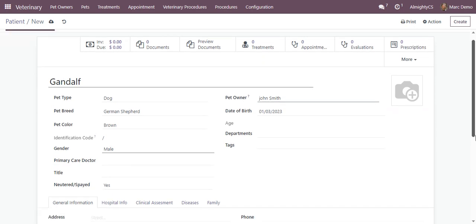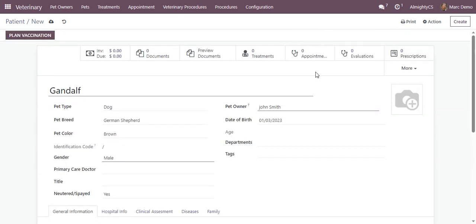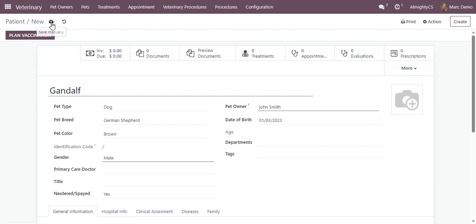Now again, down below you can see all the tabs related to this pet. We can populate this information related to this particular pet. And on the top, these are known as smart buttons. So this indicates what other information is related to this particular pet, like what treatments have been done, any appointments that have been set for this pet, evaluations carried out for this pet, any prescriptions issued for the pet, and all other things related to diagnostic procedures, vaccination, and all are available here. So we just save this information,